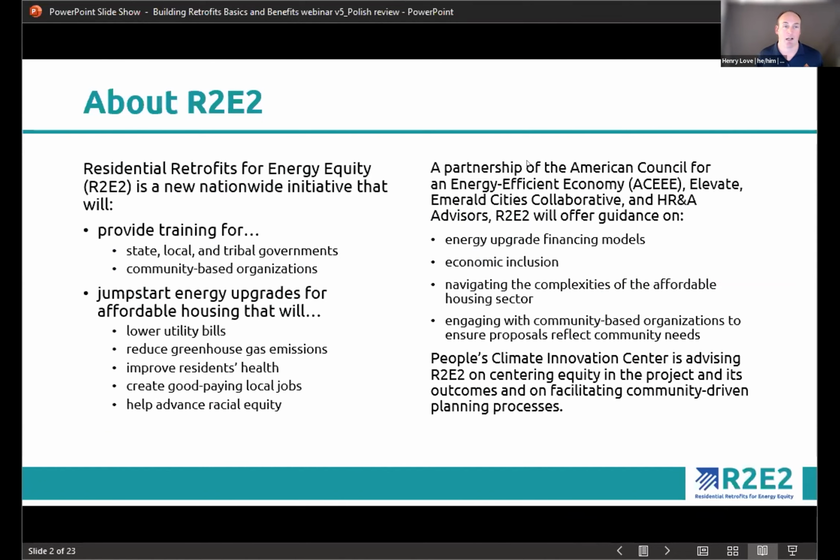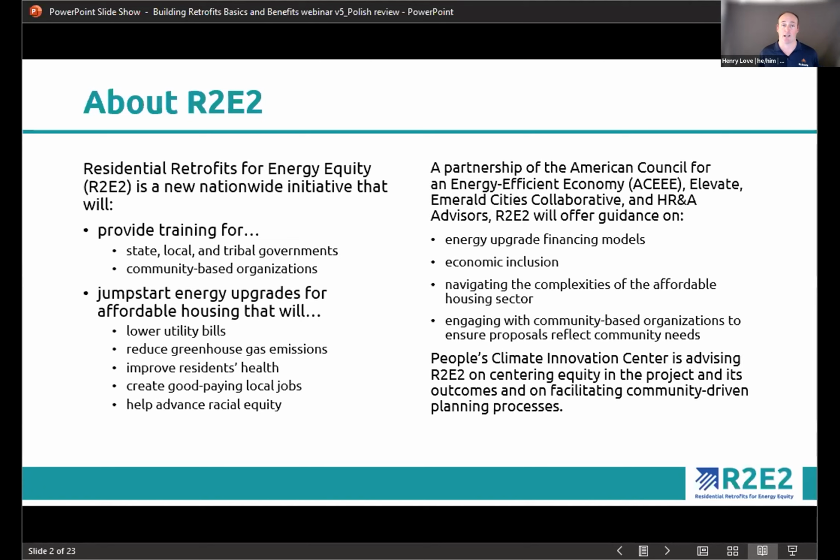First off, we went over some of this, but R2E2 is Residential Retrofits for Energy Equity. It's a nationwide initiative that will provide training for state, local, and tribal governments and community-based organizations to jumpstart energy upgrades for affordable housing that will lower utility bills, reduce greenhouse gas emissions, improve residents' health, create good paying local jobs, and help advance racial equity. It's a partnership of the American Council for an Energy Efficient Economy, Elevate, Emerald Cities Collaborative,